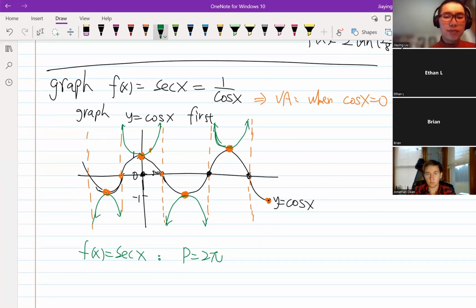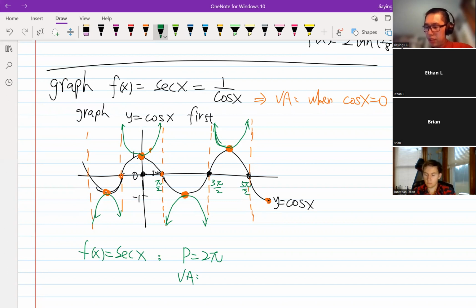And then the domain, or the vertical asymptotes. If you remember, this is pi over 2, this is 3 pi over 2, this is 5 pi over 2. So the vertical asymptotes happen at